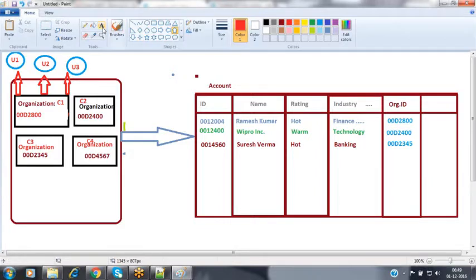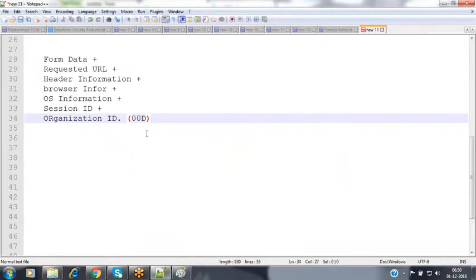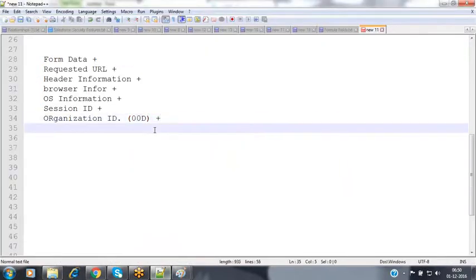that Salesforce, then automatically for each and every user, Salesforce is going to allocate one user ID. For each and every user, it is going to allocate one unique identification number that is called the user ID, which always starts with 005. So now the user IDs start with 005. So what happened inside an organization, if you have multiple users, is that along with your organization ID, it is going to send your user ID also. Now, what is the ID of your organization here? What is the ID of your user record, which starts with 005?